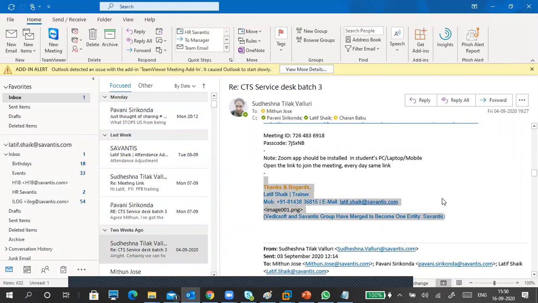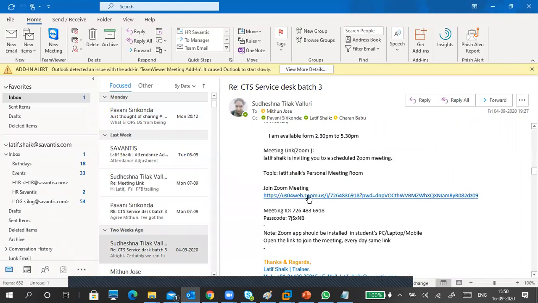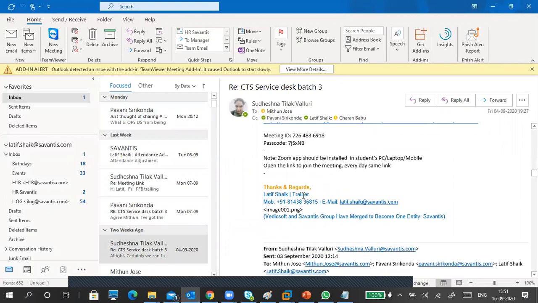This is a signature. I had another signature earlier, then Charan sir told me to use this signature. He changed it a little bit and I put it. It has my email ID, my phone number, my position, and my name, the company logo and the company name.